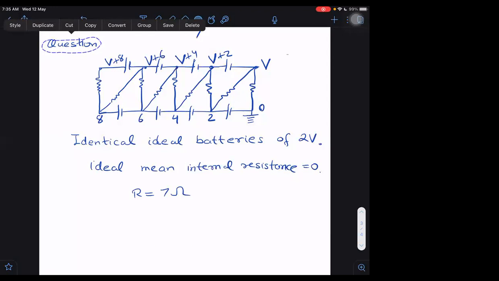Sir, V equal to -2. I have not solved it yet, although the answer doesn't seem right. I may be wrong because I have not solved it. V equal to 1, sir. V is coming out to be 1. Okay, let us see. 2 minus 1. That also doesn't seem right.